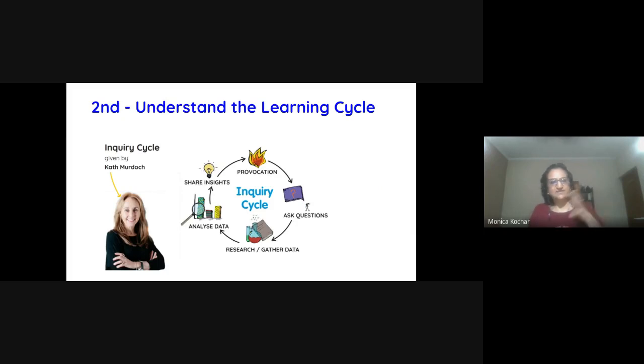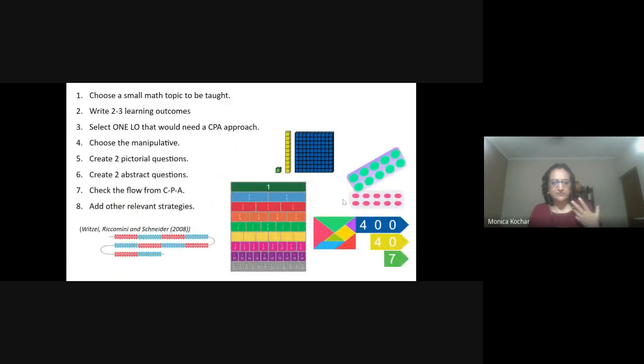Second is understand the whole learning cycle. As Kath Murdoch says, inquiry cycle, is starting with provoking the kids, making them think, asking questions, research, data, share insights. There's a whole cycle of learning that happens, which is captured here in 8 steps of building a lesson plan